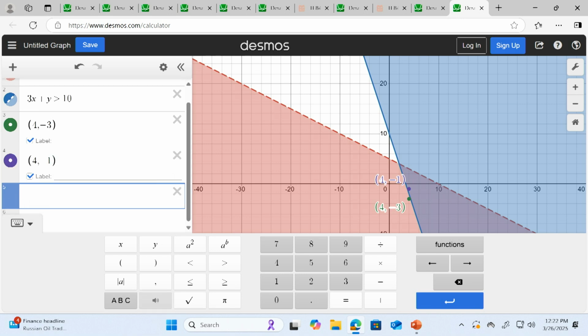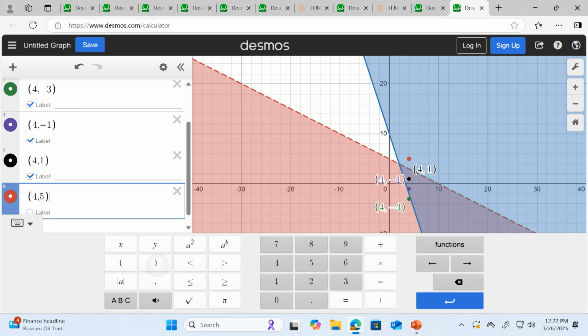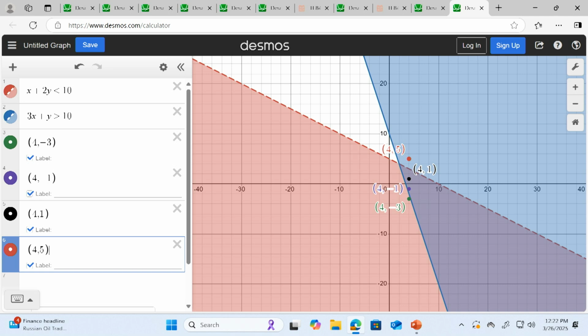The next one would have been 4 comma positive 1, let's label that one. And then our next one would have been 4 comma positive 5, and let's label that one. So let's see which one of these could possibly be an answer of that y value to make this whole